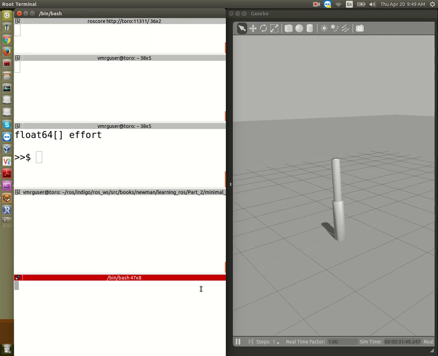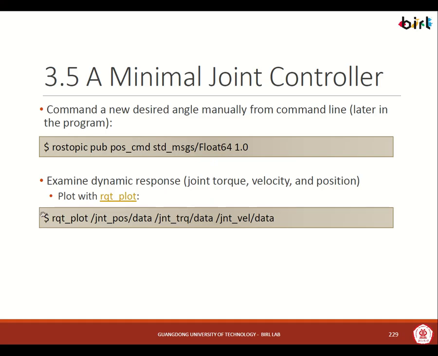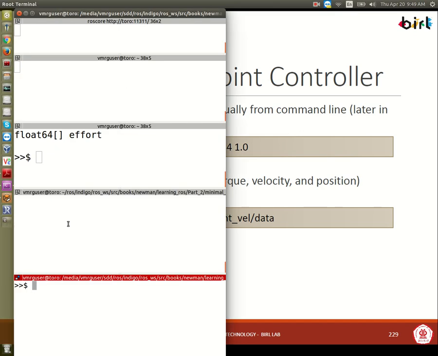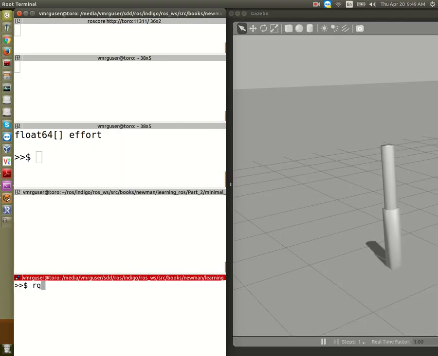Okay. Now we need to publish the topic. Oh, before we do that, let's do RQT plot. So you can say RQT plot now, and actually let's do a ROS topic list so you can see them. ROS topic list. So here's joint position, joint torque, joint velocity, right? It's waiting. So we say ROS RQT plot